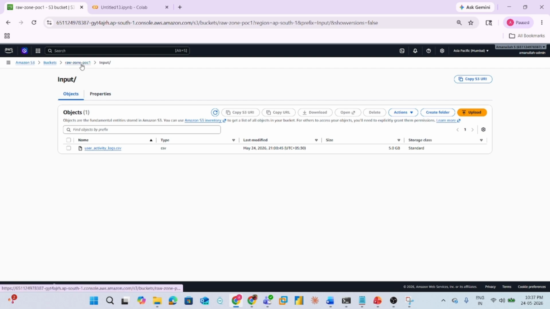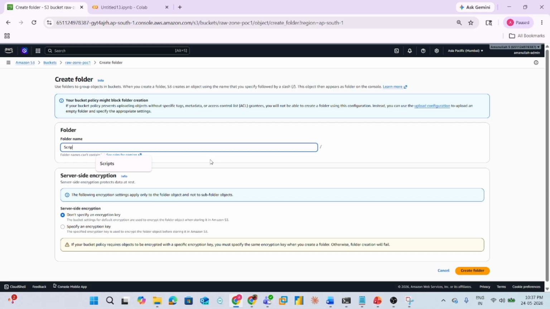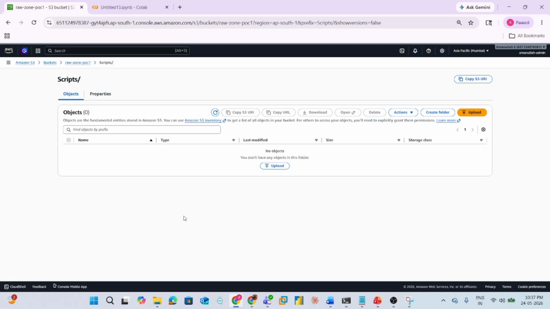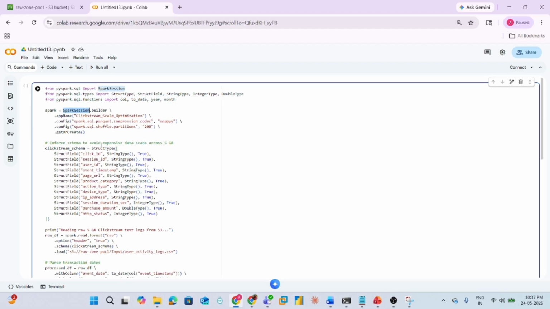Now let's go back to this bucket and create a folder called scripts. Here we will upload our PySpark scripts, so that our EMR will take the script from this particular folder and execute it. Before uploading it, let me give the code walkthrough here. I have imported all my required modules and functions for this particular code, and I have built a Spark session,